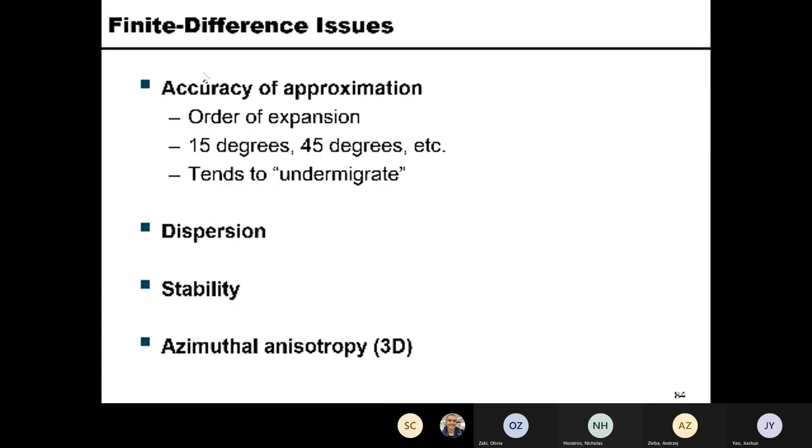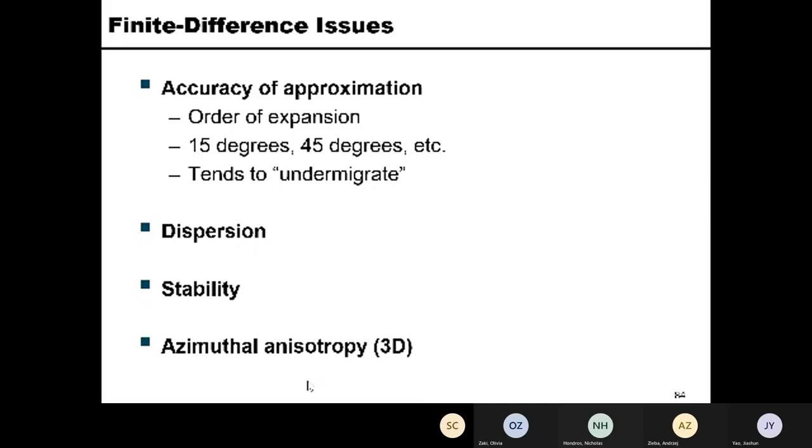The issue with the finite difference, first of all, there are two methods. That's 15 degree or 45 degree accuracy, right? Not as good as a Kirchhoff migration. Numerical dispersion limits your delta t or delta x. And the stability, right? Numerical stability, because if we do it explicitly, that means we accumulate noise, accumulate errors, and end up